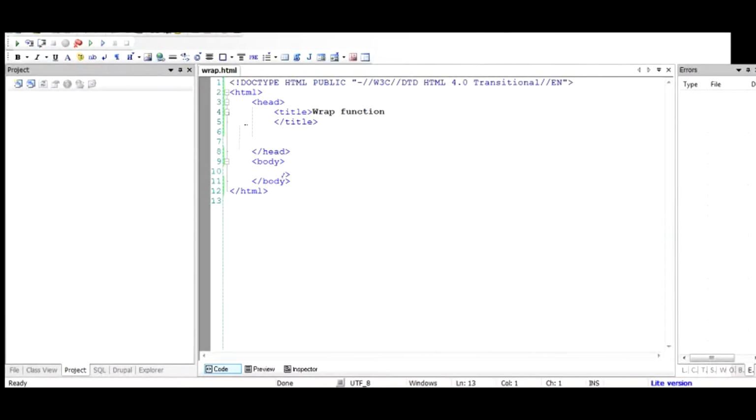I hope you are aware of the HTML document. It starts with the HTML tag and ends with /HTML, and it has two sections called the head and the body, and the head has a section called the title. So let's say in the body you have a paragraph right here, which contains some text like "This is a new paragraph",